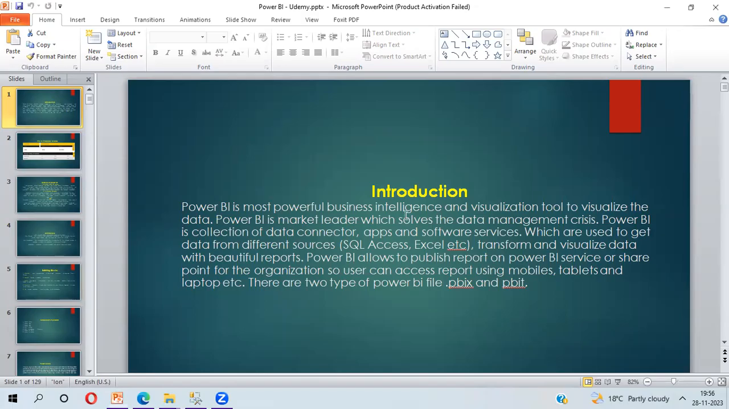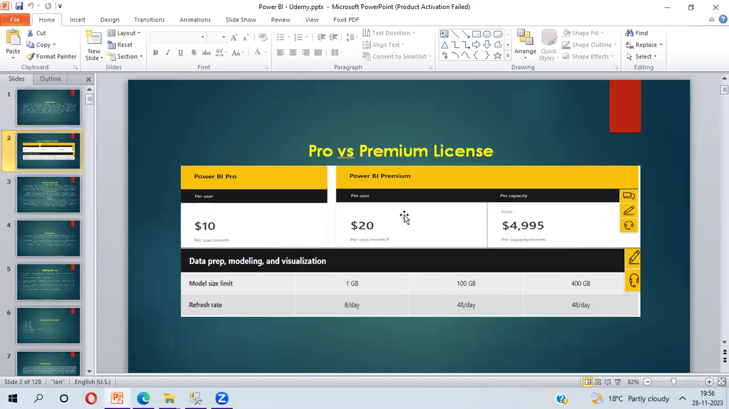If I talk about the limitations, there are two types of licensing. First, I'm talking about the free version. A learner can easily install Power BI Desktop and learn. But if you are working in any organization, you will always get two types of license: Power BI Pro and Power BI Premium license. The per user cost of Power BI Pro is $10 per month. Power BI Premium has two types of licensing, per user and per capacity. The per user cost is $20 per month, and per capacity is